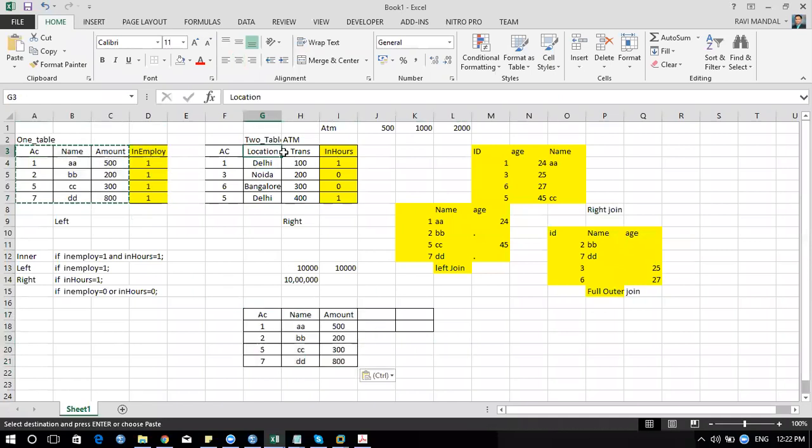And we have a few more details from another ATM transaction table, where we have one related information and we have a 5 related information. With the help of this information table, I can say a few of my accounts are performing transactions on a different ATM and a few accounts are not performing any transactions.